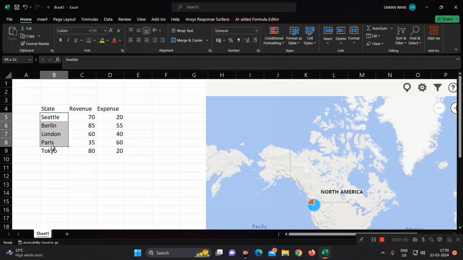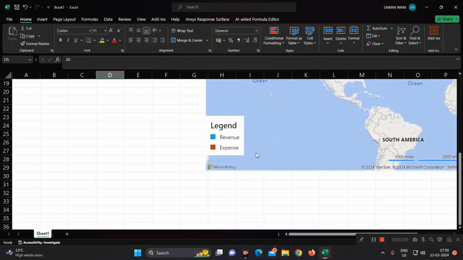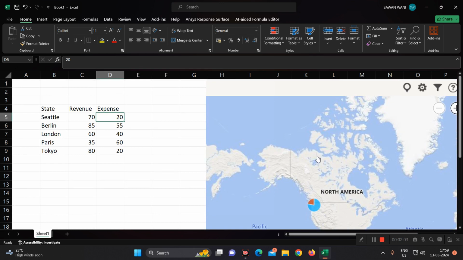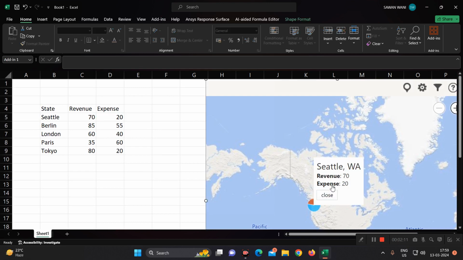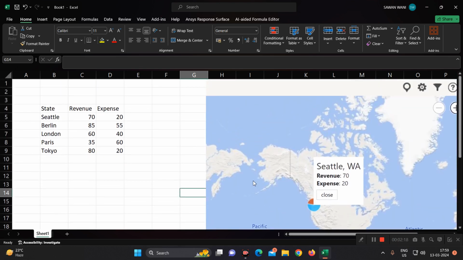So there are 5 places: Seattle, Berlin, London, Paris, Tokyo, and revenue and expense is given. Based on that, it is showing us the places in the map. Just see here, this blue is the revenue and this red color is expense. If I click here, it says that Seattle is in North America, so its revenue is 70 and expense is 20. If you just zoom out for this,